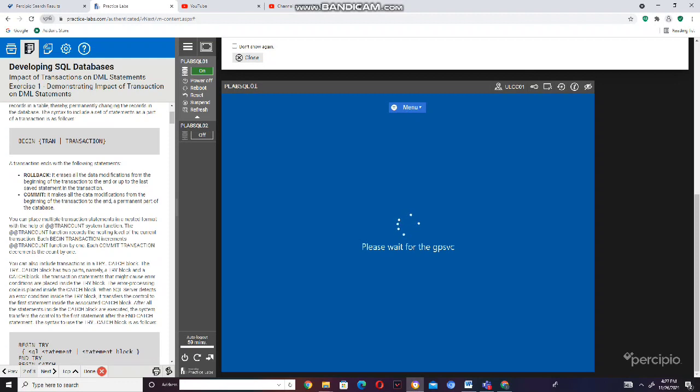A transaction ends with the following statements. First, rollback. What is rollback? It erases all the data modifications from the beginning of the transaction to the end, or up to the last saved statement in the transaction. Second, commit. It makes all the data modifications from the beginning of the transaction to the end a permanent part